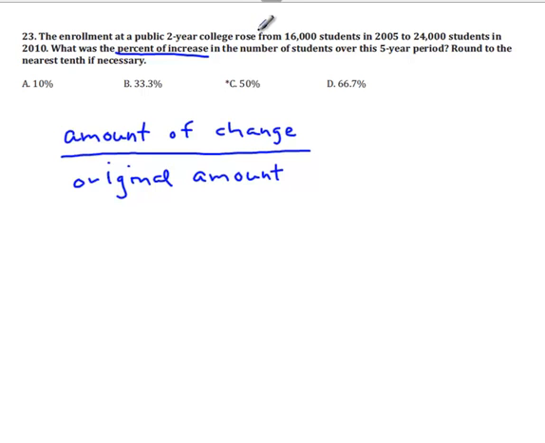So it rose from 16,000, that is our original amount,